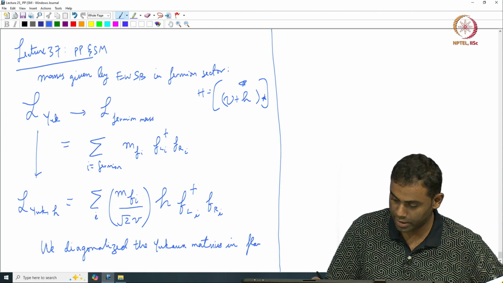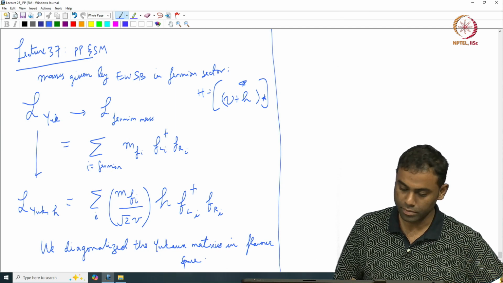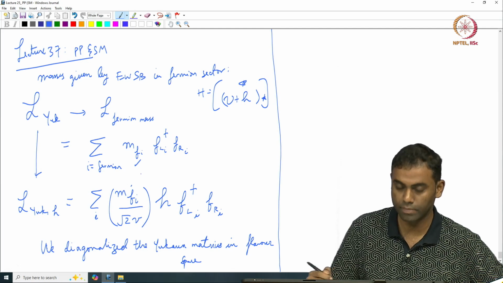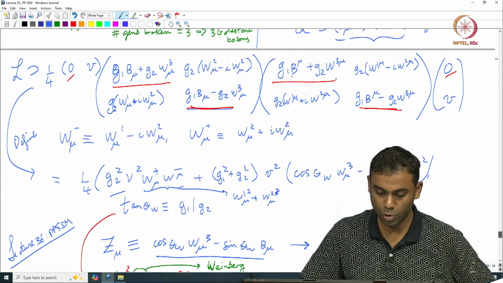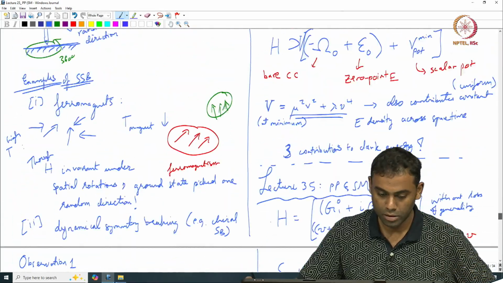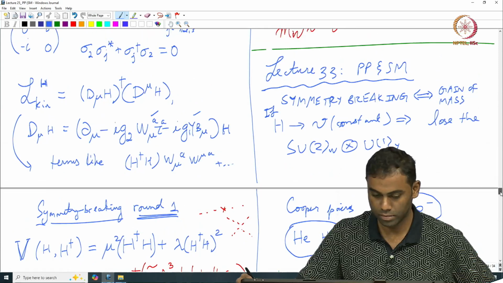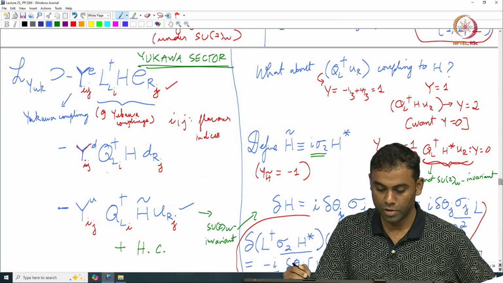In flavour space, okay, to get these diagonal masses. So, let us see what I mean by this. Let us go back to the Yukawa sector that we wrote down all those lectures ago. Remember this,